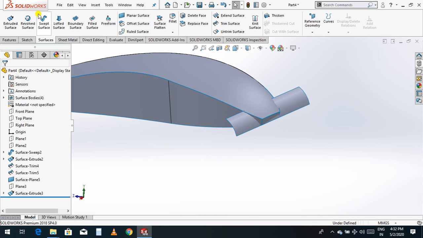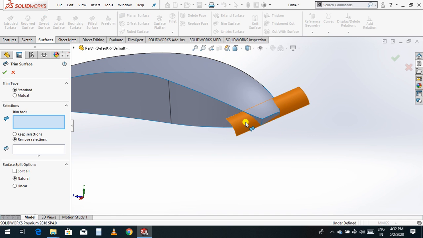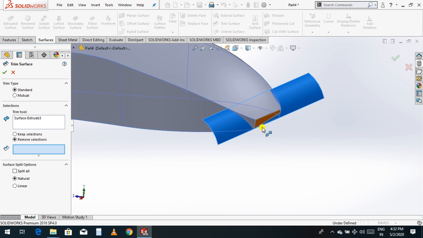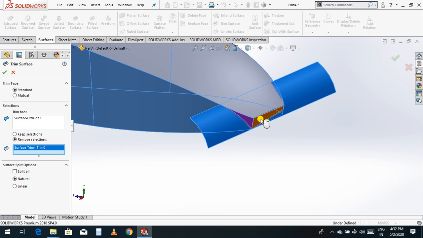And I'll go to trim. This is the body and this is the main part. Click OK.